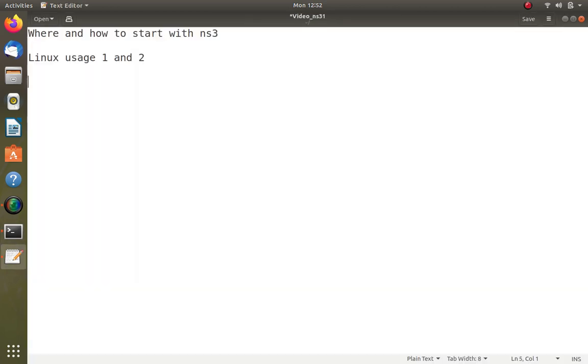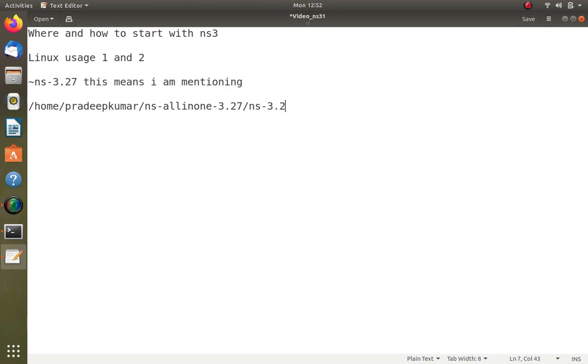Whenever I write the tilde symbol ns-3.27, I am mentioning /home/Pradeep Kumar/ns all-in-one-3.27/ns-3.27.